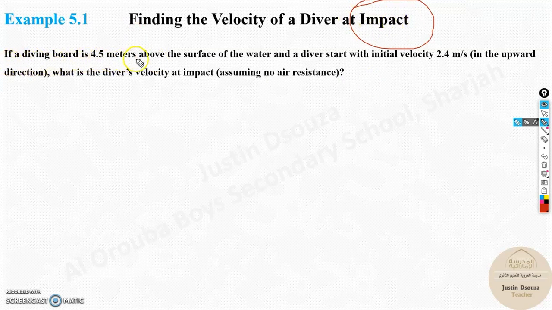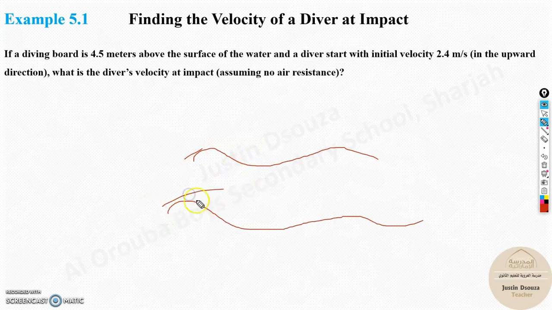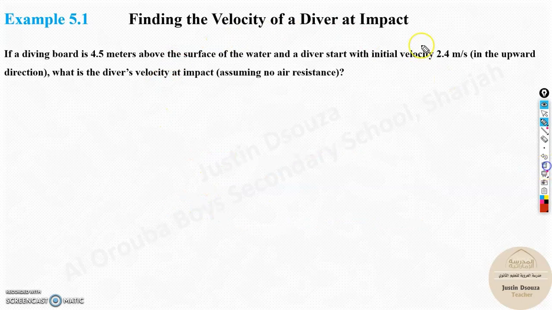If a diving board is 4.5 meters above the surface of the water and a diver starts with an initial velocity, see, the initial height or position is given and the initial velocity is given in the upward direction, positive, what is the diver's velocity at impact? So a person is on a diving board over the ocean. He's already up above, the waves are going like this, maybe at 4.5 meters. Very high. Now they want to know, with the velocity already given, the diver's